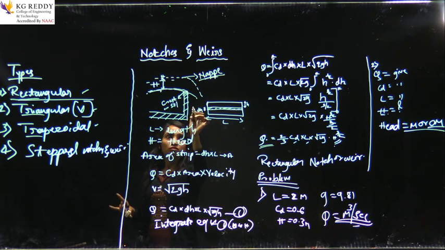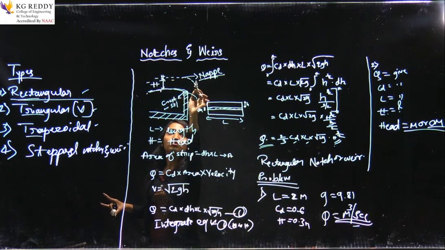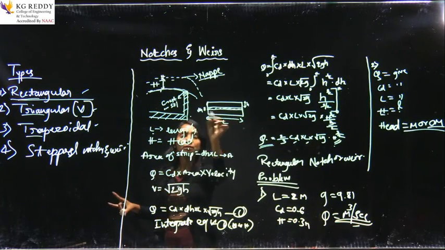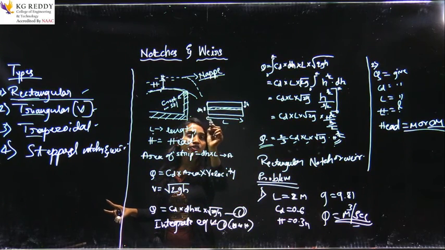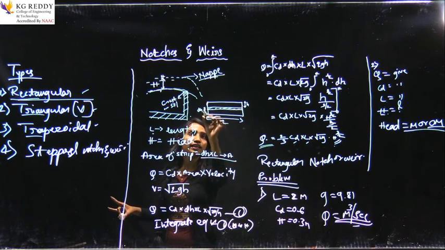When you draw any figure, you should write the description of the figure. So, this is the structure of the notch or the weir you just mentioned, that is the head of the water, and the crest, which is the structure over which water flows, and the nappe, which is the sheet of water where the water flows, and L is the length of the strip. We consider a small strip of height dH, and this is the description of the figure. So, area is dH times L.